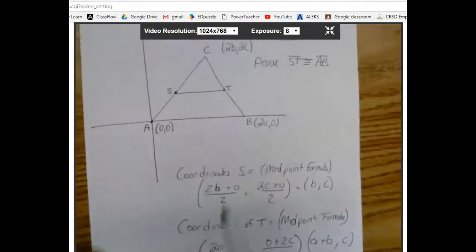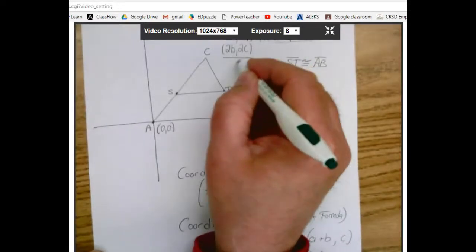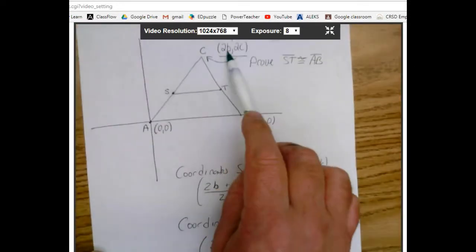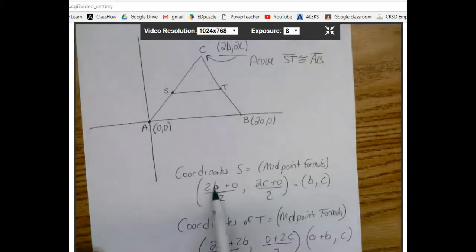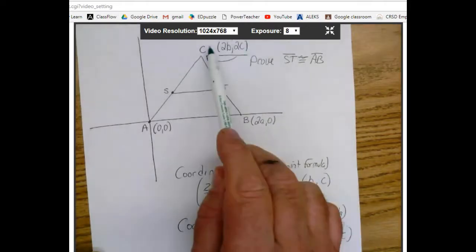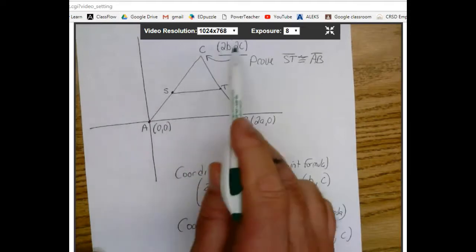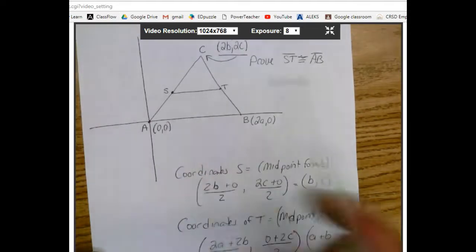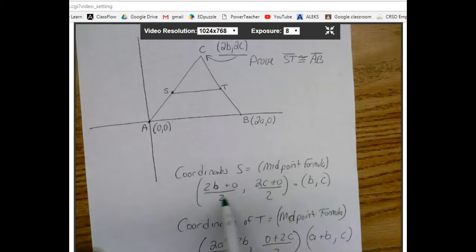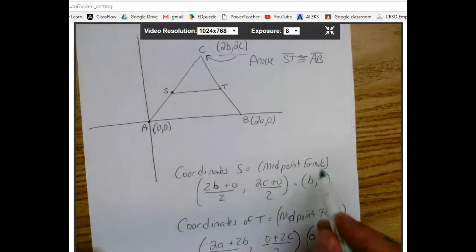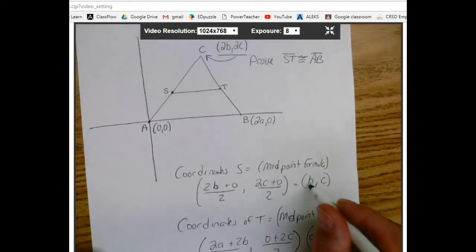Here's the formula for C: 2b for x, plus 0, divided by 2. Same thing here, 2c for the y, plus 0 for the y, divided by 2. In the end, when we do all the math, we get the coordinate